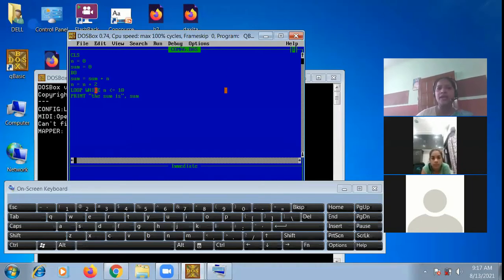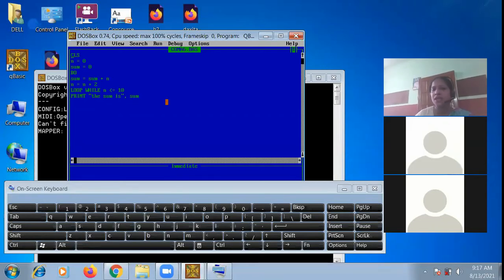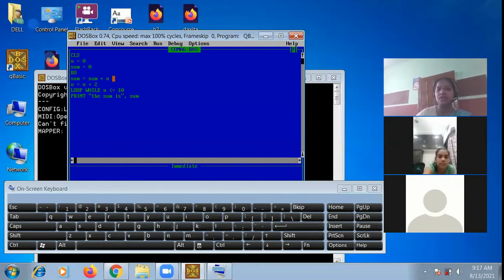Now n value will increase by 2. So n value will be 4. So here 2 plus 4, 6. Now sum's value is 6, and n value is 4.